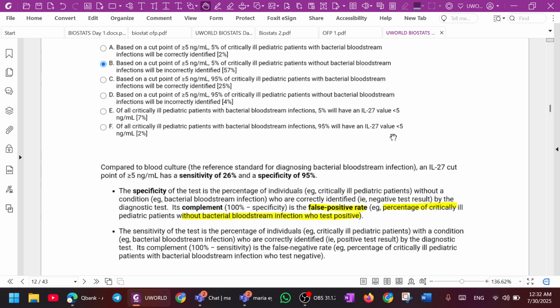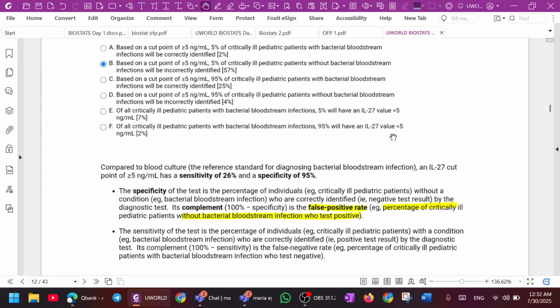So that's true positive, and we know that true positive is the same thing as sensitivity. But they're telling you sensitivity based on that cutoff point, 5%, will have a sensitivity of 26%. That's what they're telling you. But here it is telling you that based on that cutoff point, only 5% will have a sensitivity. The sensitivity will be 5%. Sorry, but here they are giving you sensitivity is 26%. So this is wrong. Does it make sense?